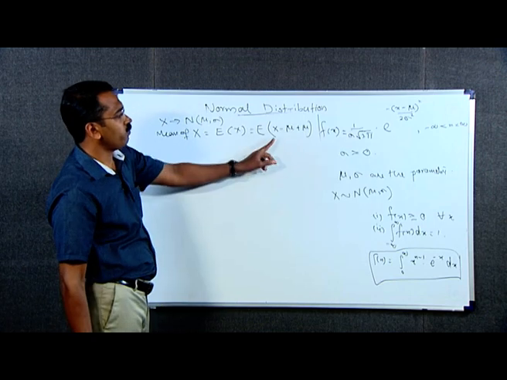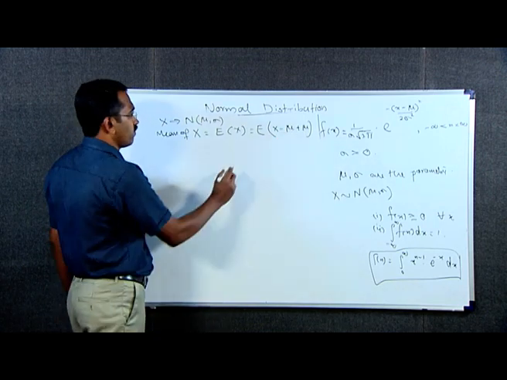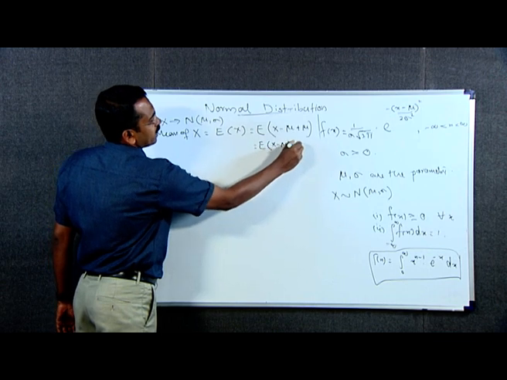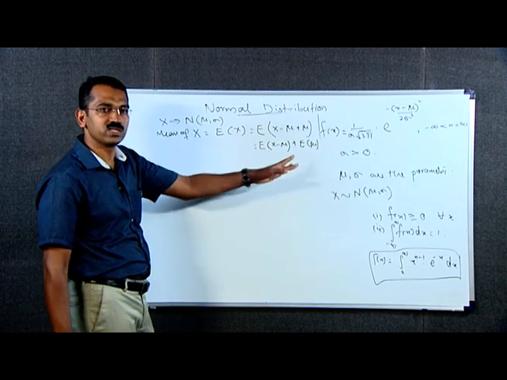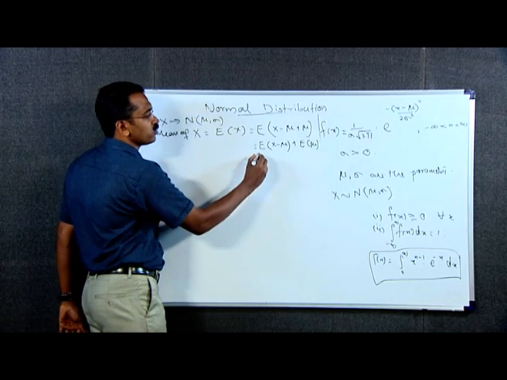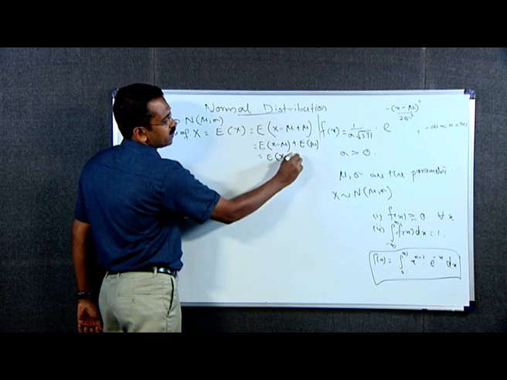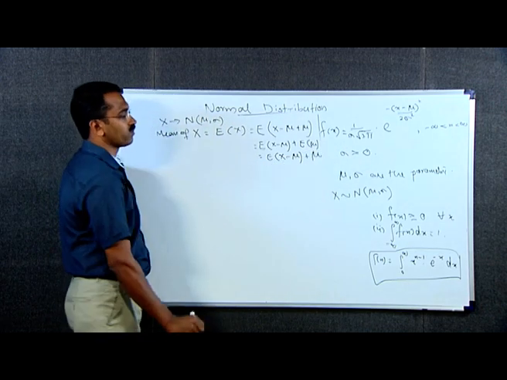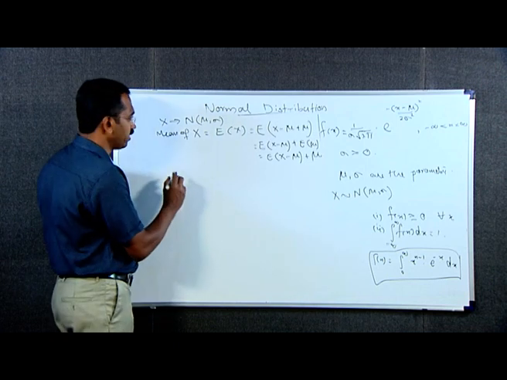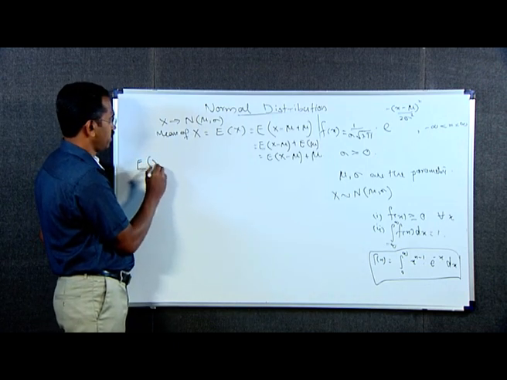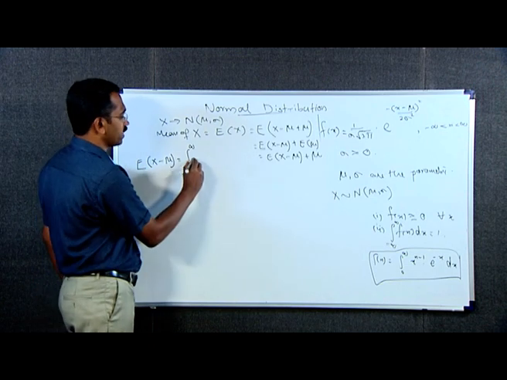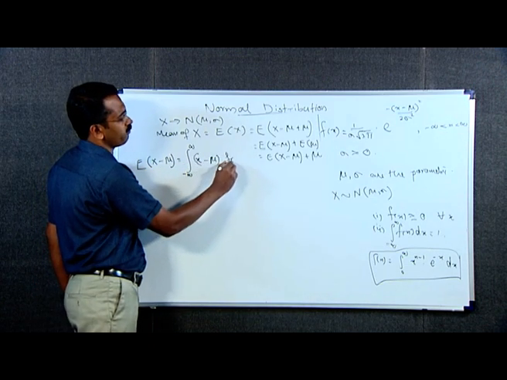Now we can consider two expectations, that is equal to expectation of x minus mu plus expectation of mu. Here mu is the parameter which is a constant, therefore expectation of this constant mu is mu itself. This is equal to expectation of x minus mu plus mu. That is, we want to find expectation of x minus mu. By definition of expectation, we can write expectation of x minus mu as integral from minus infinity to infinity x minus mu into f of x dx,